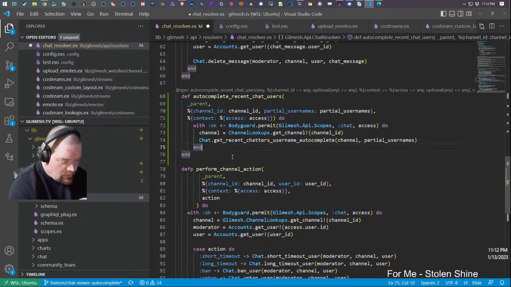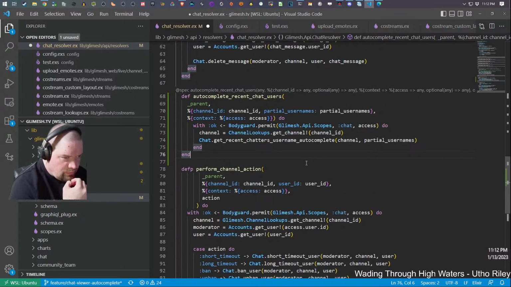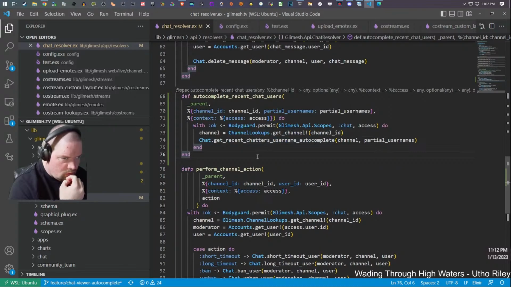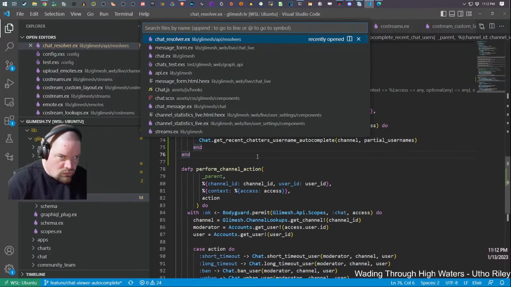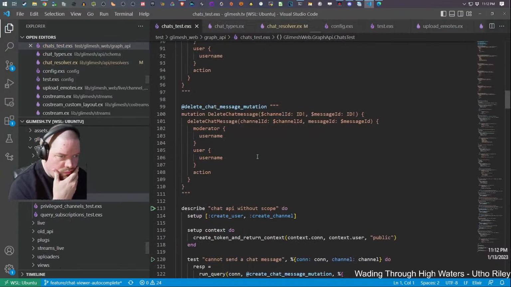The only tricky part there is that's got to be a list. I wonder, let's see how lists are handled with GraphQL. Okay, so then chat.